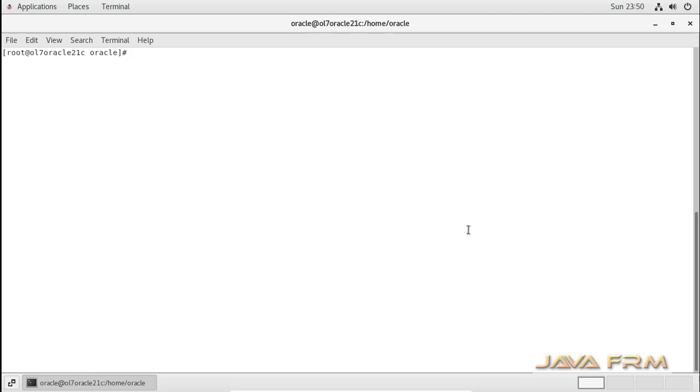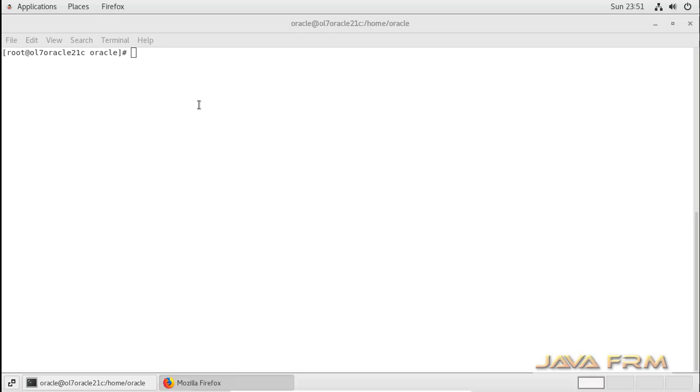Okay, next step what I am going to do is I am going to open one browser. Locally I am going to check whether Oracle Enterprise Manager is available in browser. So Oracle Enterprise Manager basically is used to monitor Oracle database.